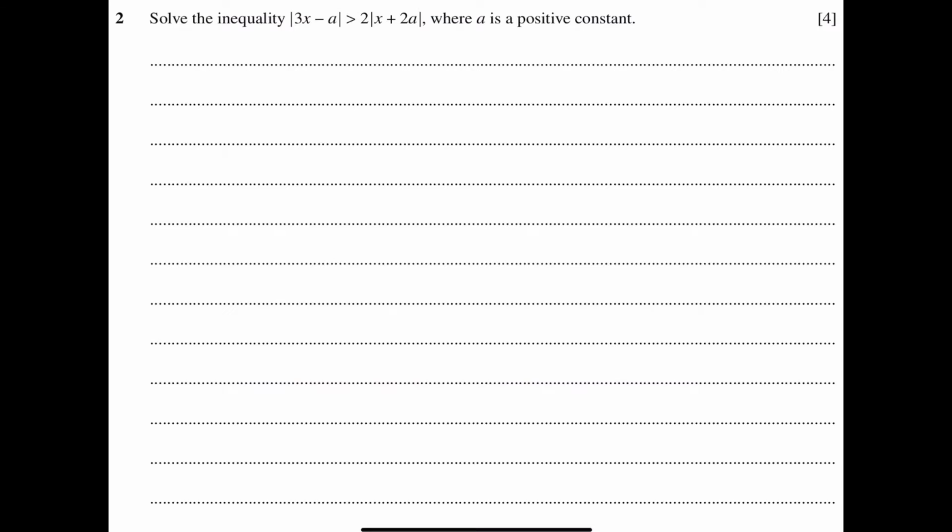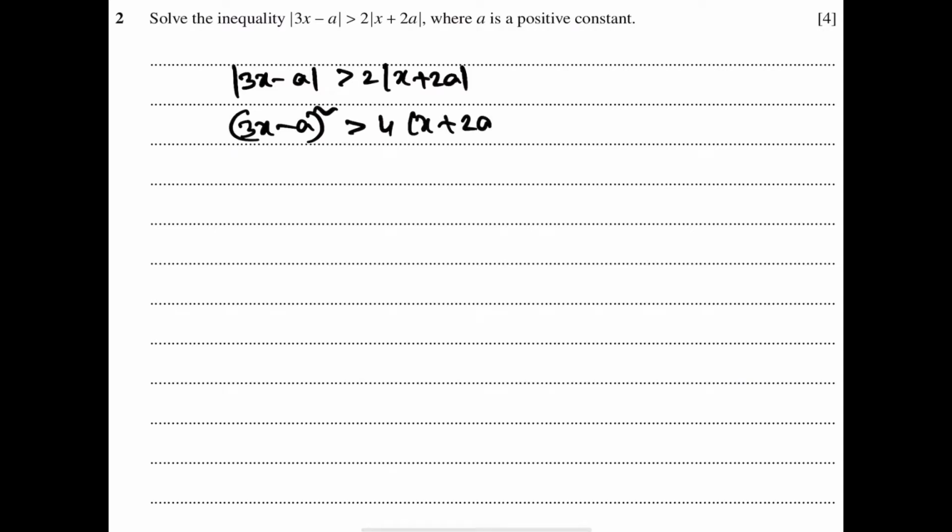Now solve this inequality. Modulus of 3x minus a is greater than 2 modulus of x plus 2a, where a is a positive constant. To remove the modulus sign, we can square these inequalities. Then square on both sides. Then simplify: a minus b whole square, 9x square minus 6ax plus a square